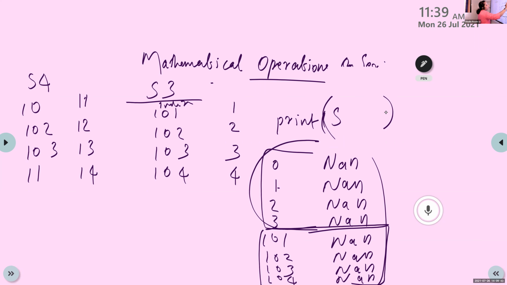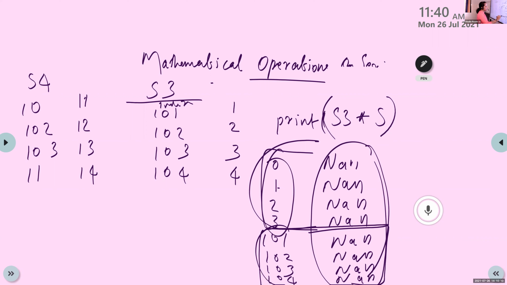Then Amal, what about S3 into S? 101, 102, 103, 104. Then 0123 with NaN values. Okay. So here, if the index is different in two series, the data value is NaN and the index values are the same as in the series.